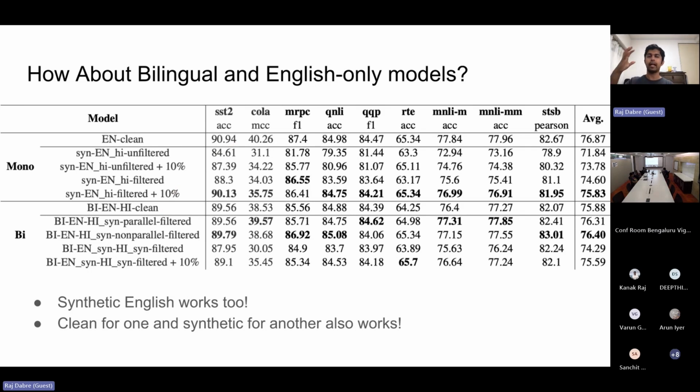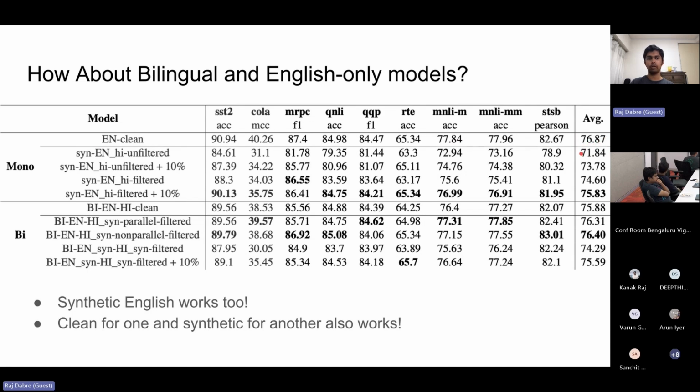But what if I take Indic documents and translate them into English? Can it fill the gap for English data, which is not present in an Indic context? Well, it turns out it can do something nice. If you have English clean data and you have this NLU performance, then if you take synthetic English data generated using Hindi, but not filtered, of course, you do have a drop in performance, which goes from 76.87